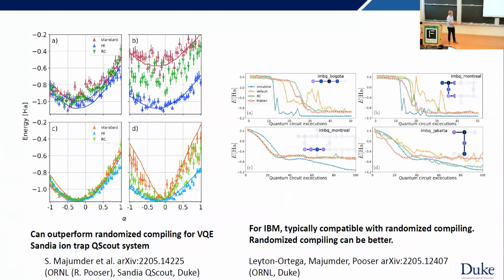On the left, they use the QSCOUT testbed. And this is the QSCOUT testbed if they don't do anything. They just use the gates that are there. And this alpha is plotting out a slice of the variational landscape. What you see is that the hidden inverses, the blue, is better than the random compiling, the standard. If they crank up the noise in the way you'd expect, which is just making that angle worse, of course,